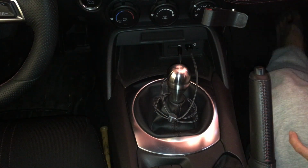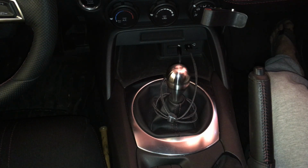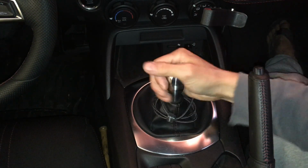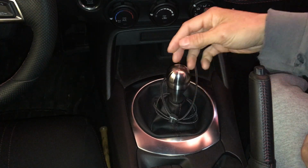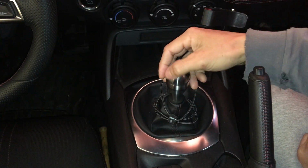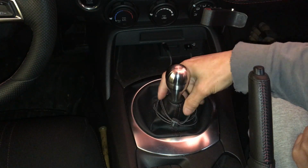Alright, so this has been a long awaited video review of the shifter. So this is the CorkSport short shifter. So you watch my videos, you know, before this CorkSport shifter, I had a